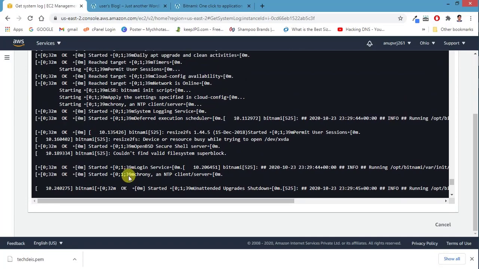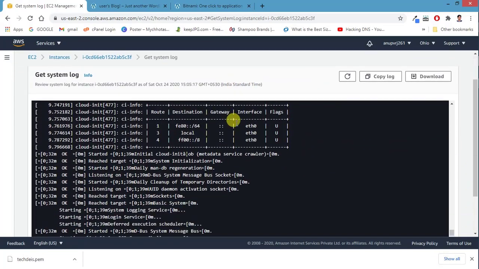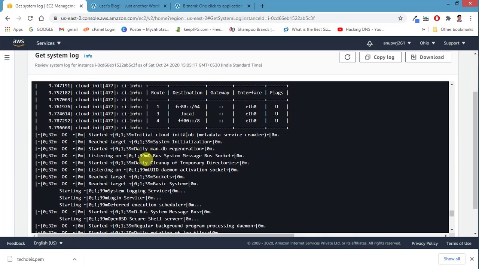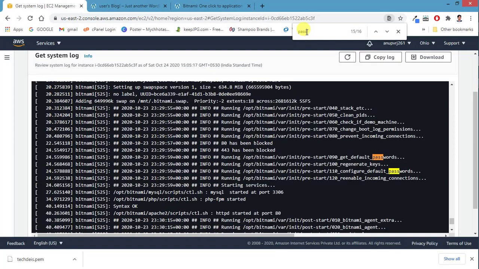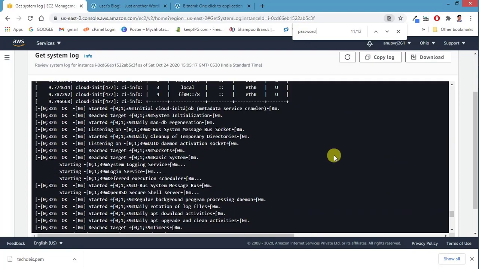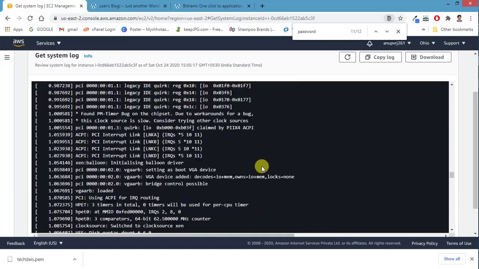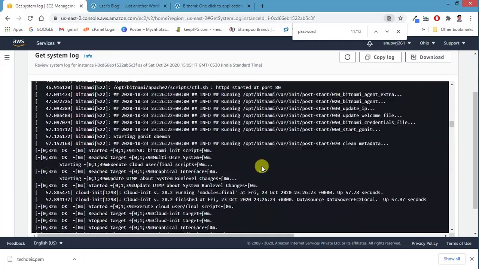Here we will also see our password. Whatever default password is given by Bitnami at the time of WordPress installation, we can find here. Our username is user and the password we have to find. So just press Control F to find the password. A search bar will open like this. Just type here password, and then go up, and maybe somewhere else it will be there. Go up. I just scrolled down, so it is showing like this.